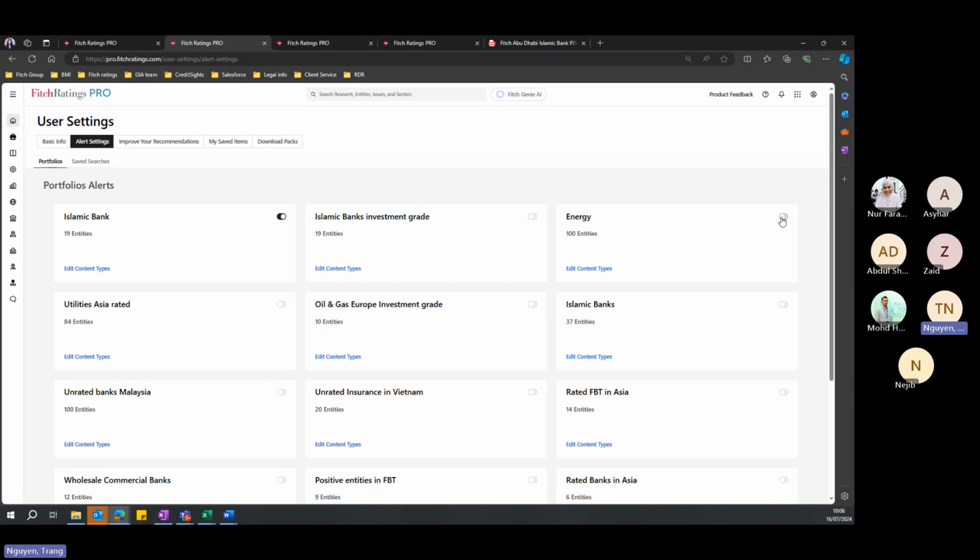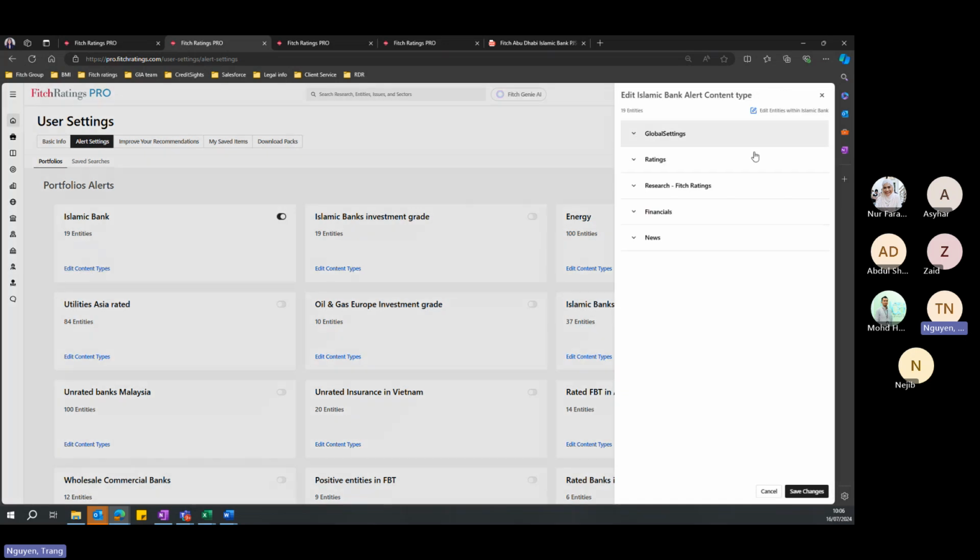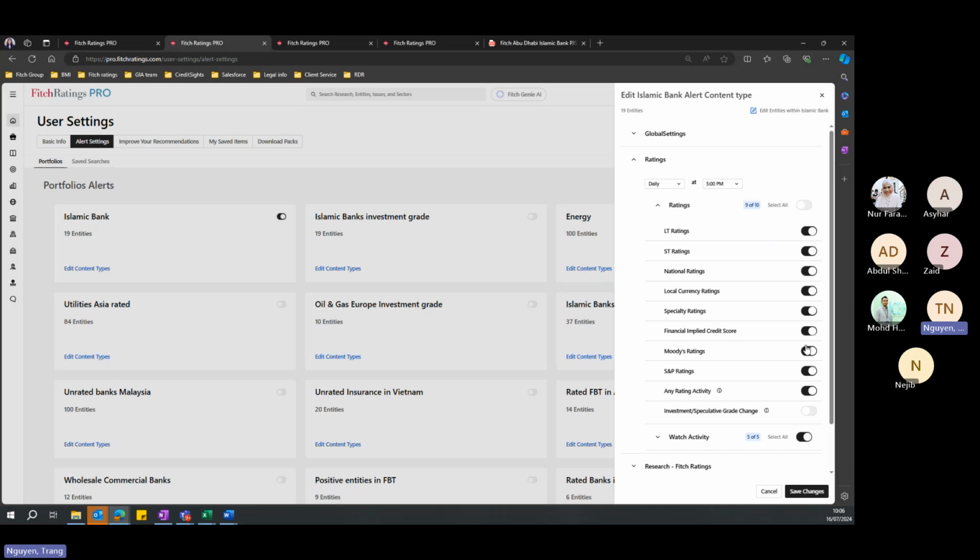So as you can see, I have multiple portfolios over here, and then the Islamic bank here. If you can click to edit the content type here, and then expand the ratings part. Whenever there is any movement in the short-term or long-term ratings, or if you want to stay on top of different third-party ratings agencies, for example Moody's or S&P, yes, you will be able to receive the alerts,